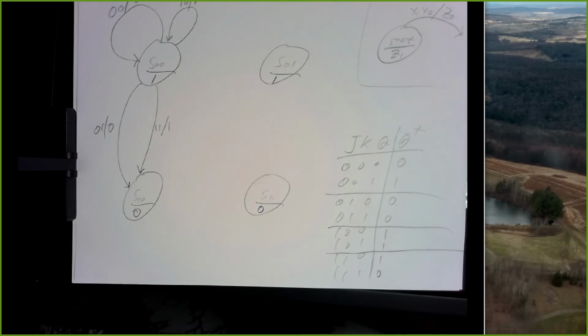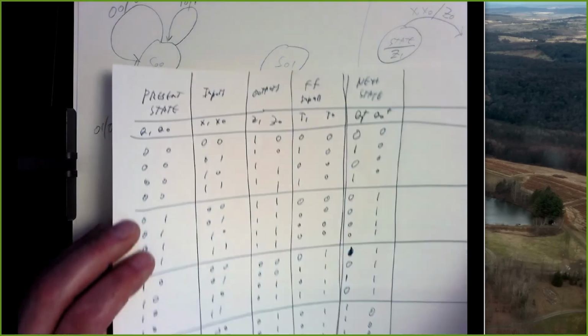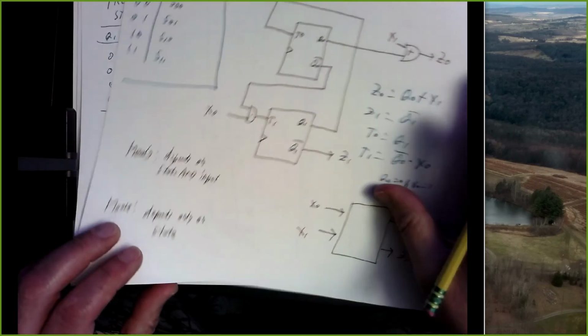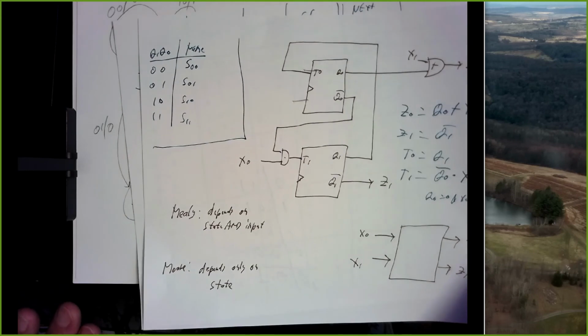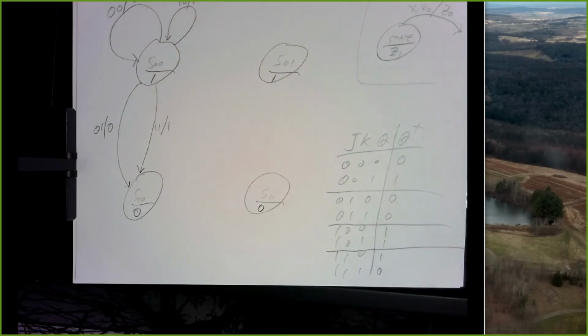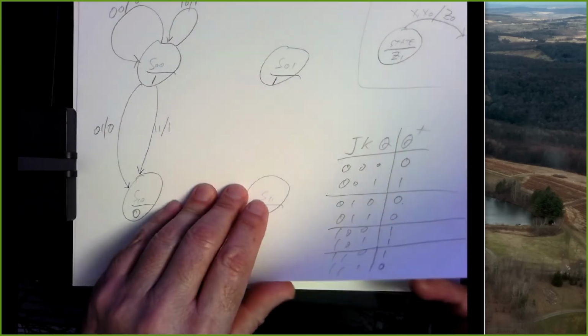What would be the K input? Could it be anything, like random? Yeah, I mean, if we drew a circuit with JKs, then you'd have something going in here, and you'd have something going in here. And there'd be something in the circuit driving that.